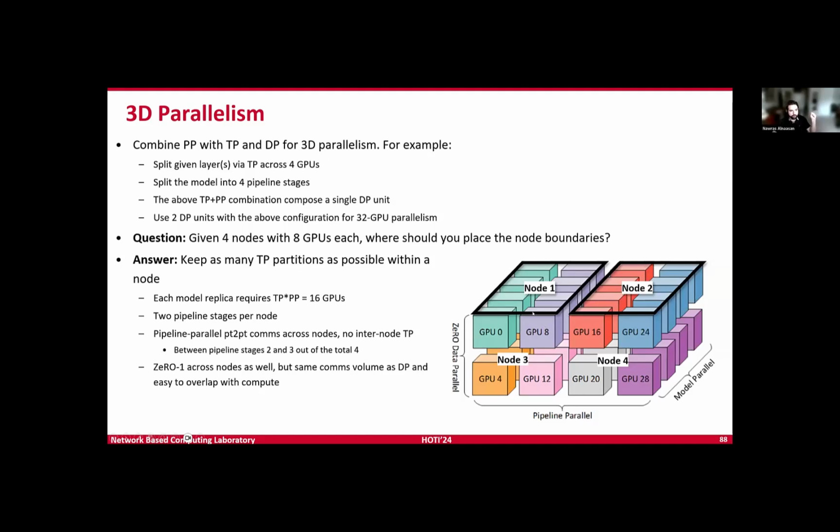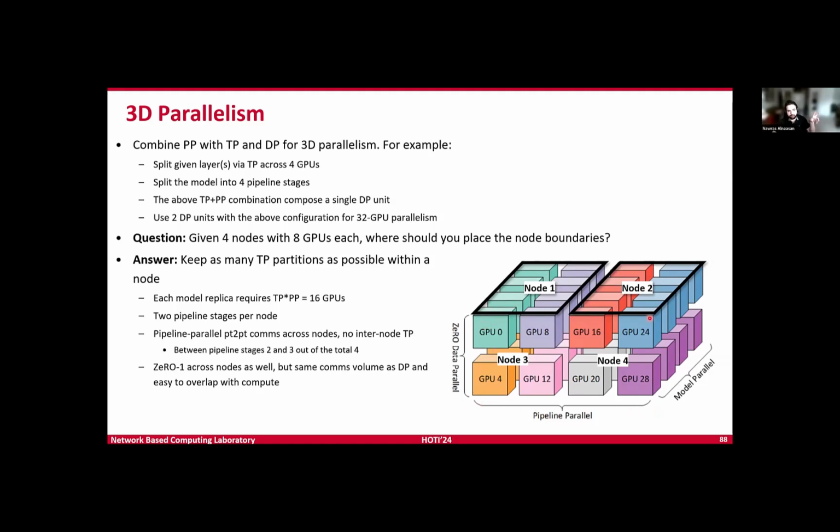The best way to do it is within the single node. For GPU 0 to 3, we do the tensor parallelism because it's very communication heavy. And then if the model fits in one node, this is great. We can move to data parallelism right away. If not, then we do pipeline parallelism. So this is the second dimension. The first dimension is model parallelism or tensor parallelism. The second dimension, let me use the laser pointer, is pipeline, meaning if the model still does not fit in the single node, then let's move to the second node, right? So this is the second dimension.